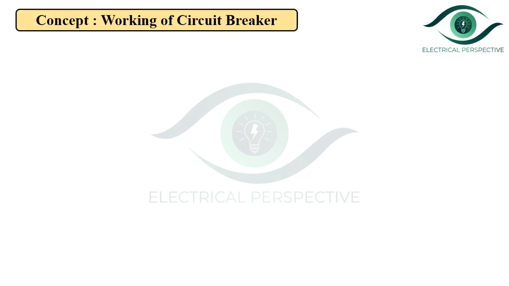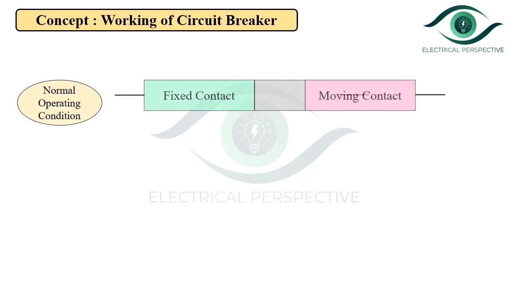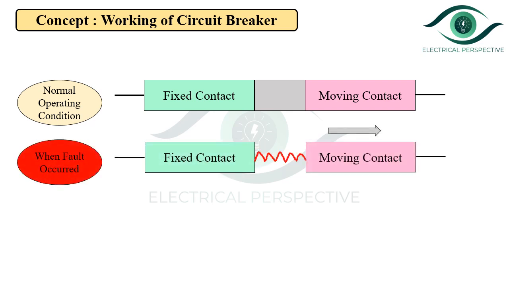Now let us see the concept of working of circuit breaker. As discussed earlier, for the actual disconnection or isolation, circuit breakers are used. Circuit breaker mainly consists of fixed contact and a moving contact. Now if you refer the screen, under normal operating condition, fixed contact and moving contacts remain in the closed position and carries rated current continuously. Okay. Now when the fault occurs, the relay will sense that fault and sends trip signal to the circuit breaker for the isolation of faulty part.